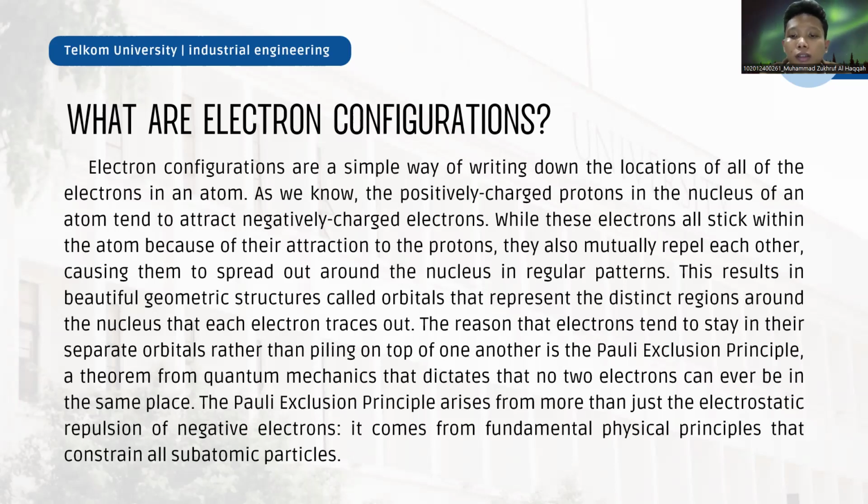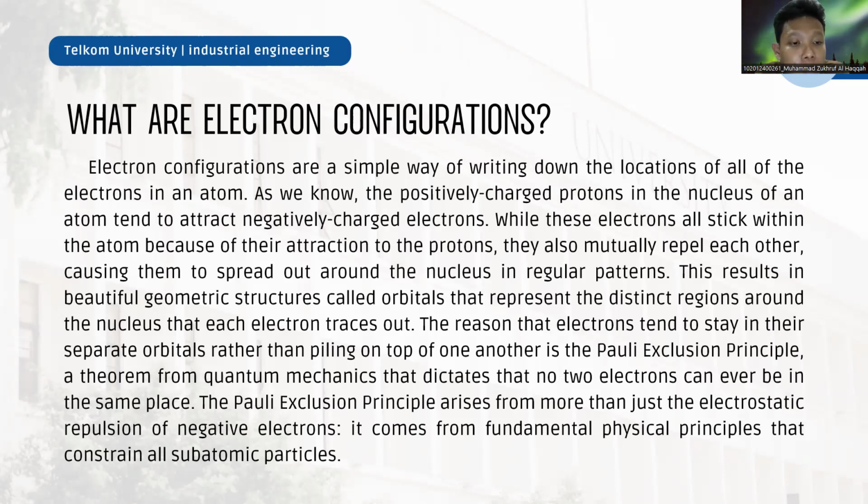The reason that electrons tend to stay in their separate orbitals rather than piling on top of one another is the Pauli exclusion principle,